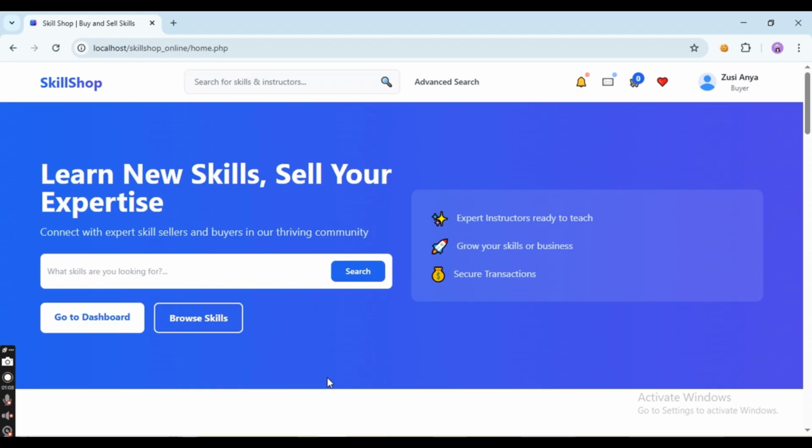Today I am going to discuss task 28, which is programming the cart page including the product adding and viewing process. In this task, I programmed the shopping cart system for buyers in my Skillshop platform. This feature allows buyers to add products to the cart, remove them, and view all cart items in the buyer